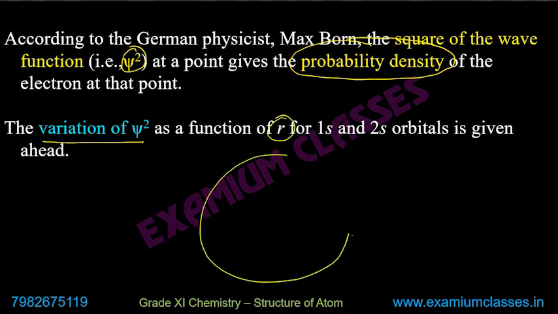If this is the orbital and here this is the center, that is the nucleus, and we move away from the nucleus. So if we move,